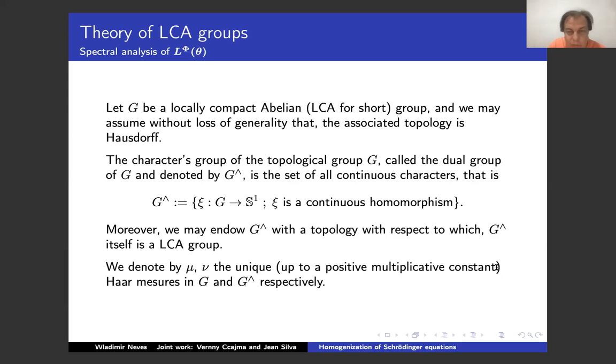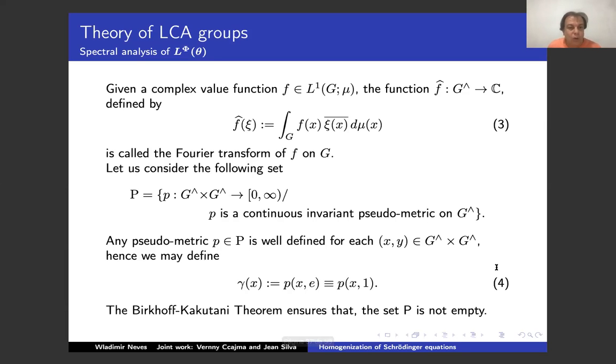More than that, we are going to use the Fourier transform, exactly in this way. So given a complex valued function f in L1 of G with respect to mu, the function f hat on the dual space of G, defined in this way, is called the Fourier transform of f on G. A quick book to understand this is a book from Folland, in general,